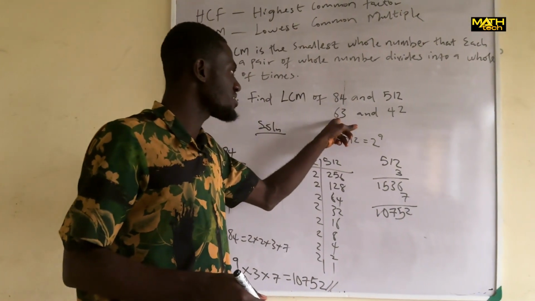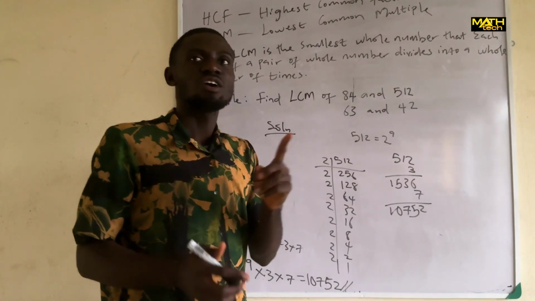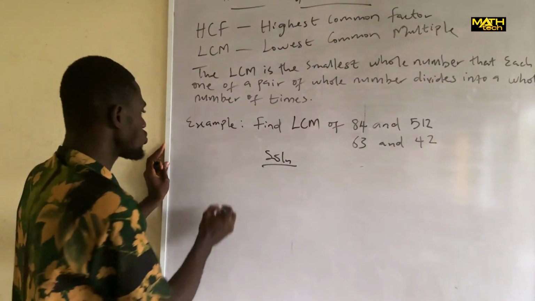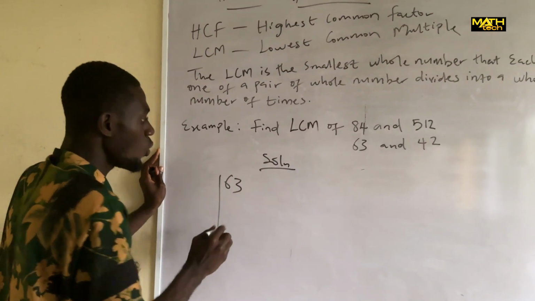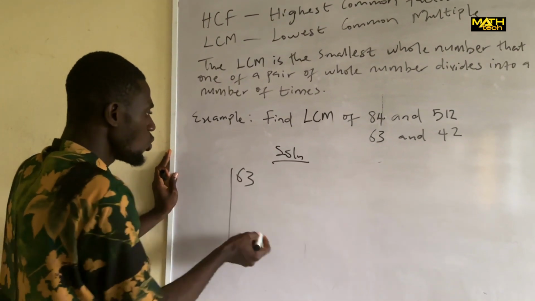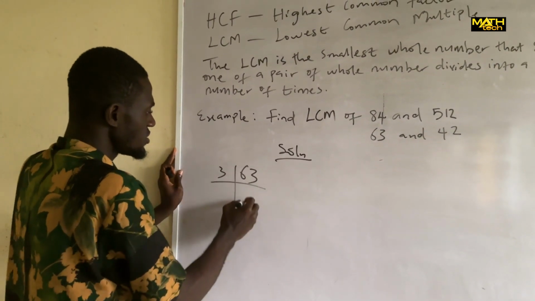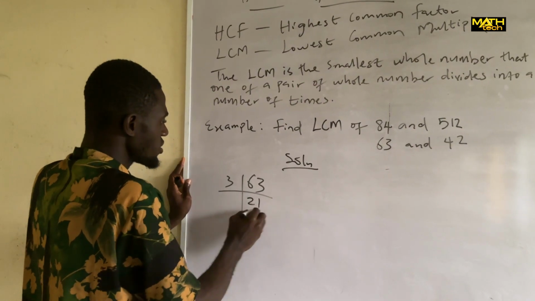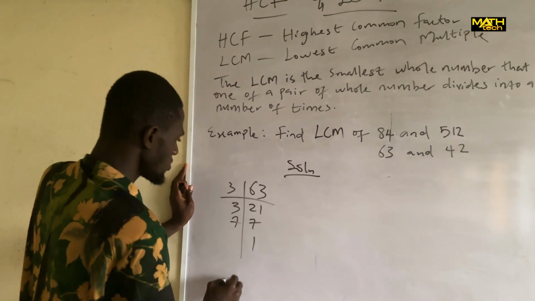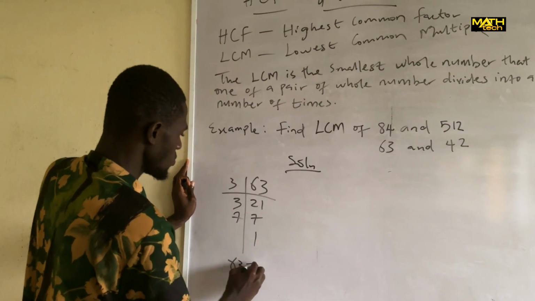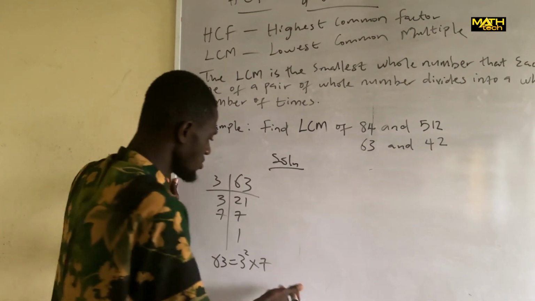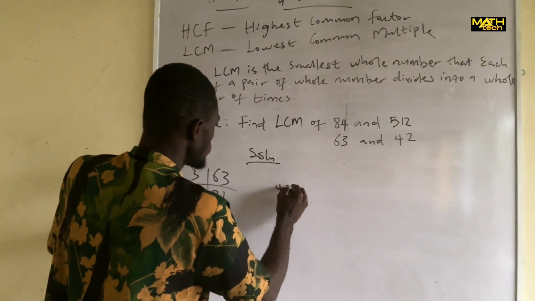Now, let's try the same for 63 and 42. Don't forget we did that earlier. Let's do the same here. Okay, for 63 and 42 now, watch my solution and see if you got the LCM correct. So we start with 3, which we did earlier, and we'll be having here to be what? 21, 7, 7, 1, which we did earlier. So 63 is equal to 3 squared times 7, which is the same as 3 times 3 times 7, and for 42,